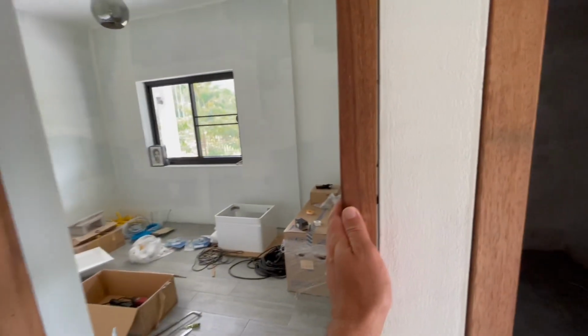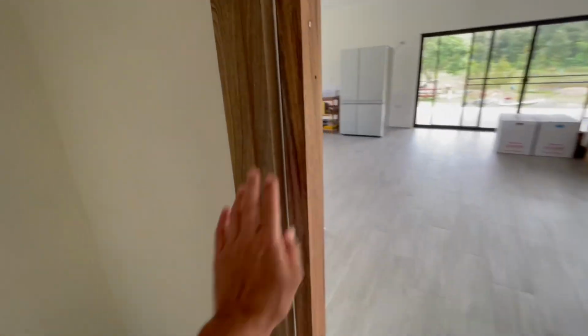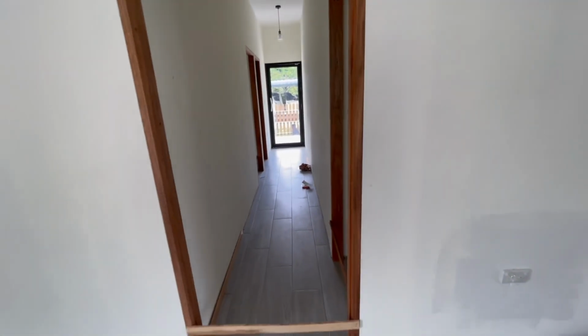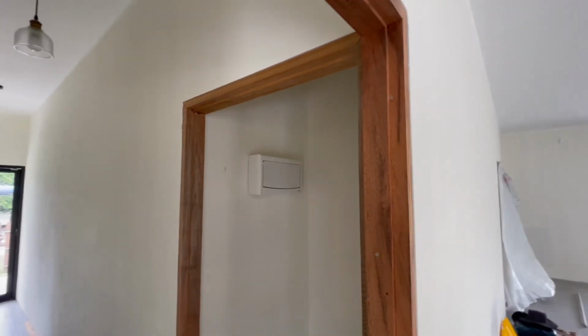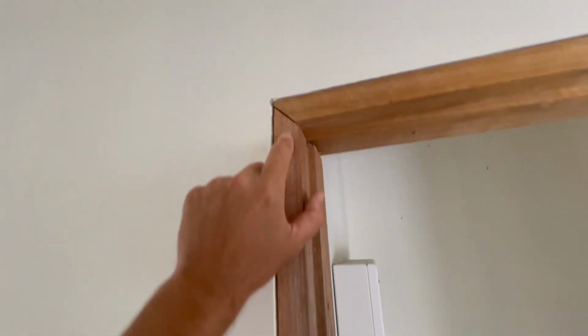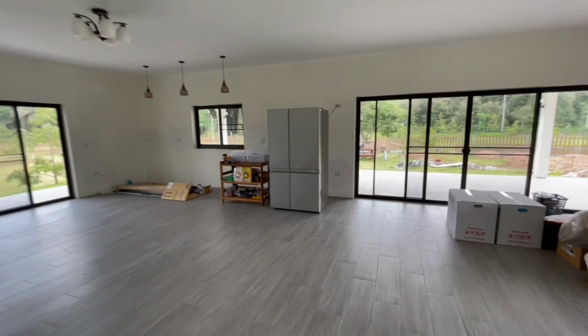I've put all the door frames in and I've ordered a couple of doors. So far that's going okay. I'm going to take them out and I'm going to termite proof them, and then I'm going to probably paint them black, I think. I'm not leaving the door frames wood. So that's my first time doing door frames. It wasn't too difficult. Once I got going, I kind of figured it out, and well, they're not perfect, but because, as I say, I'm gonna paint them black, so the imperfections I can fill, and that should all be fine. The fridge is here,